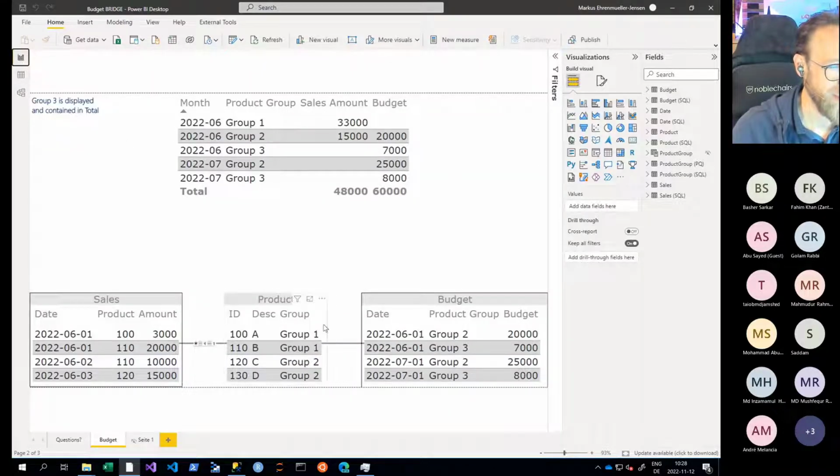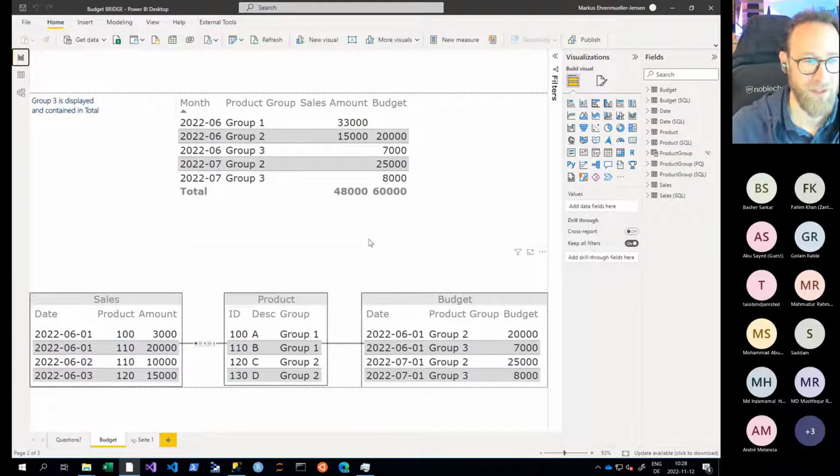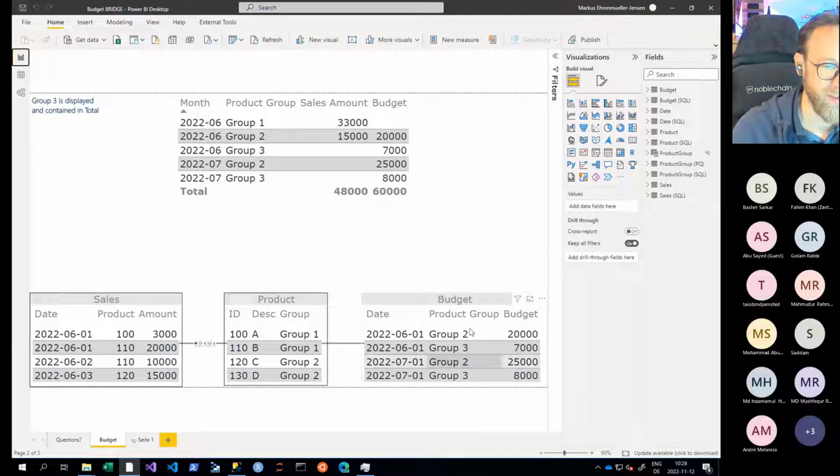And if you jump back here, we can see there's a filter relationship between sales and product, but there's also a filter relationship between product and budget. And now we get what I think is the right number in all situations. So we can see that the individual numbers are right. These are the numbers we can see here. Depending on the date and the product group, we see the right numbers. The sum is the 60,000, and we also see the group 3 here,